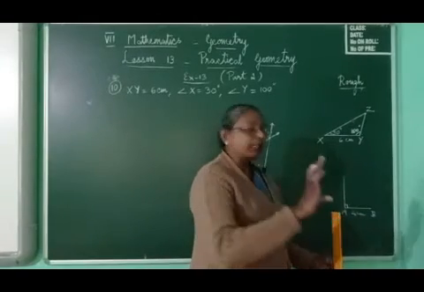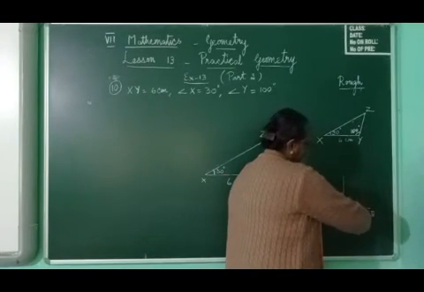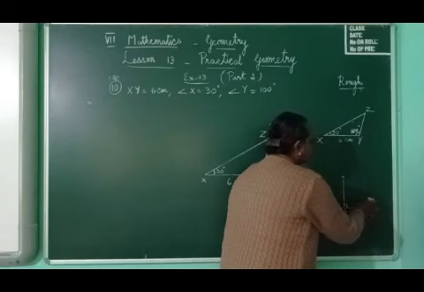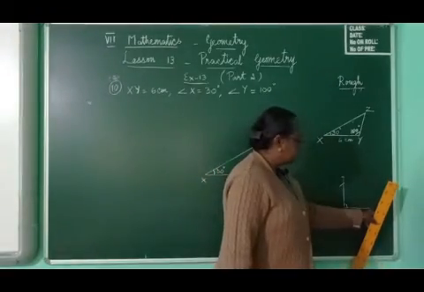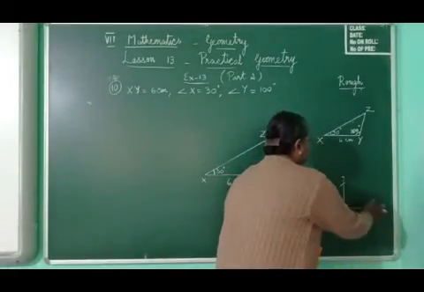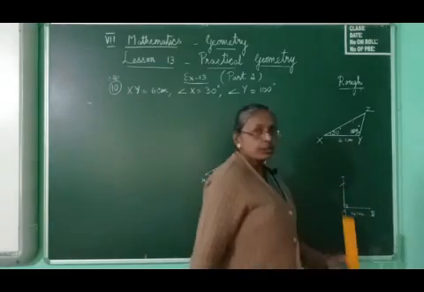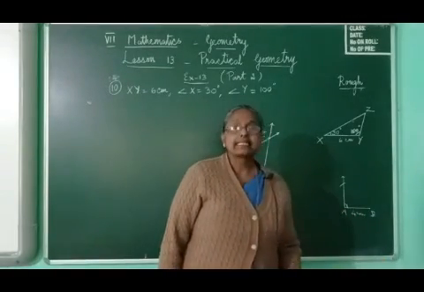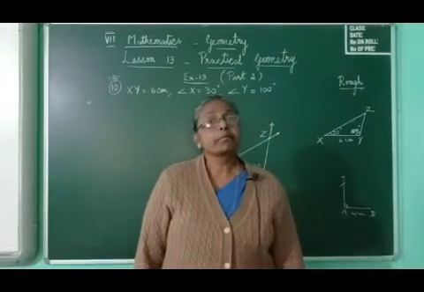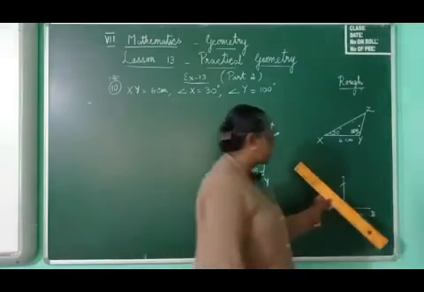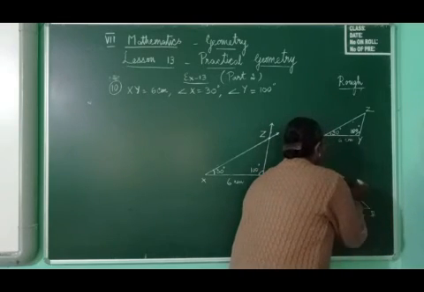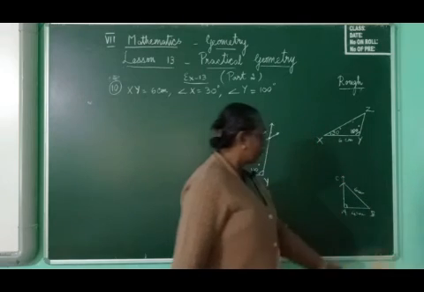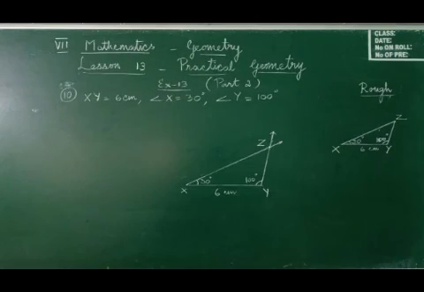an arc of 6 centimeters which will cut this line from here. It should cut this line at 6 centimeter. From B, take a radius of 6 centimeter, and from B you need to cut this line so that you will get the right angle triangle. So this will be the triangle, you will join these two, and this will be the right angle triangle for you. This will be 6 centimeters, this will be 4 centimeters, and since here you have drawn 90 degrees, it will be a right angle triangle.